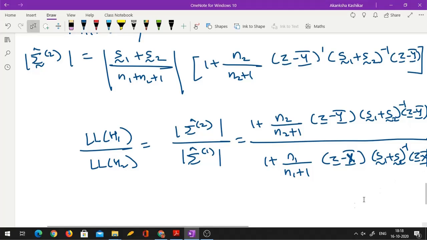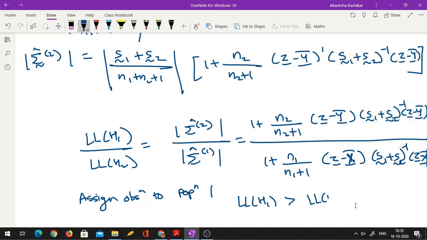Now we would assign the observation to population 1. Let us assume that both the misclassification probabilities are equally serious. So we would assign the observation to population 1 if the likelihood under H1 is greater than the likelihood under H2. Okay, so that translates to